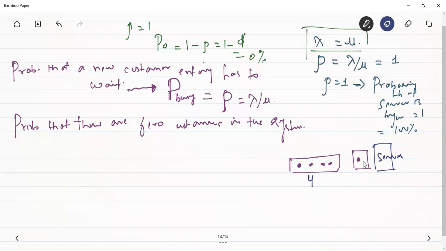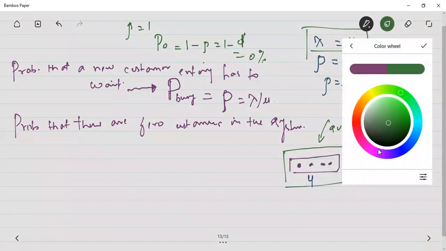This is a server. Okay, he is serving this customer. तो यहाँ पे चार लोग किसमें हैं? क्यू में बैठे हैं, एक का सर्विस हो रहा है। Okay, this is the server provider, he is serving one of the customers. तो अगर हम सिर्फ इस पोर्शन की बात करें, this thing is known as queue.